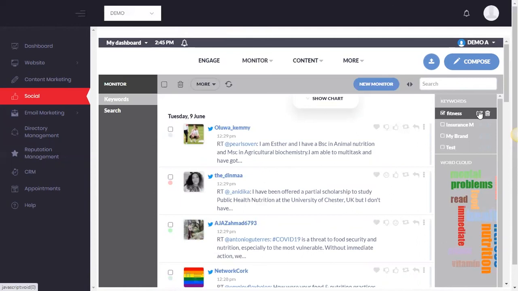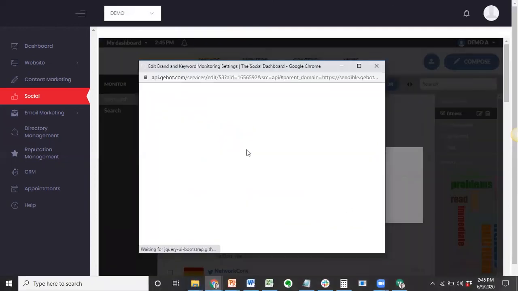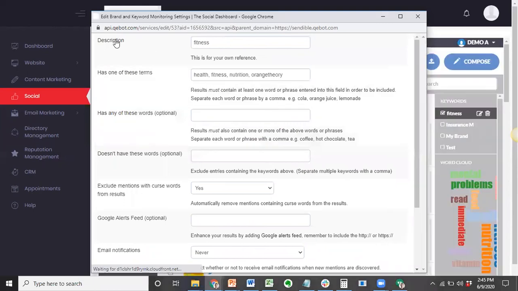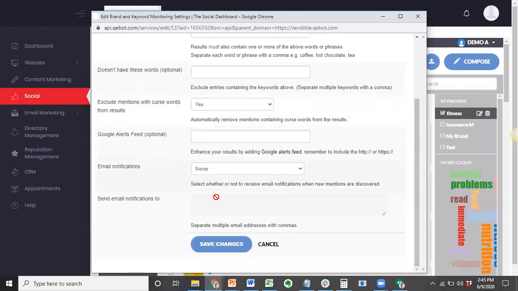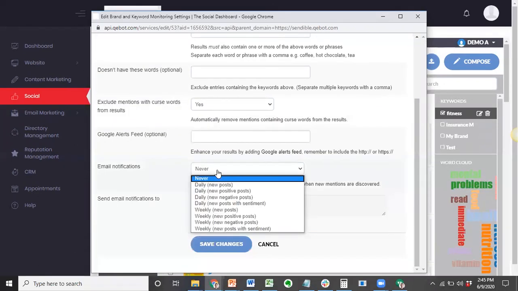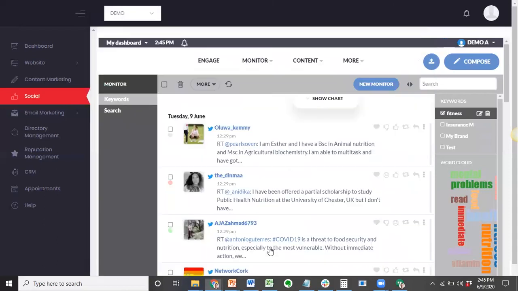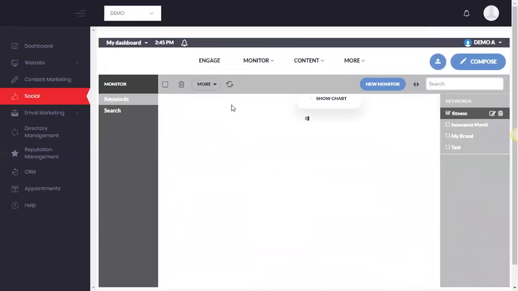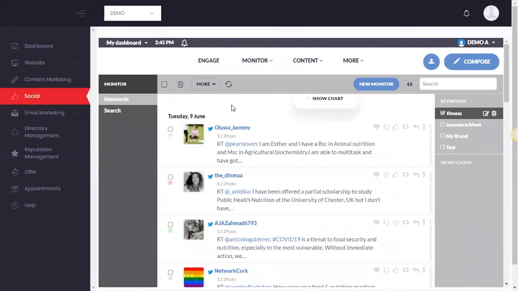I also can set this up to actually alert me. So I can set up an alert based on this topic. I can come in, my description has these specific terms in it. I can create all of this, and then I can set up email notifications. So I can say, okay, I want it to send me a daily new post, new positive post, negative post, weekly, all that great stuff. So it's the ability to really set those notifications we were talking about to make sure you're finding new content that you can post on a regular basis. So it's a great tool to help you find content, share content, create, and just make sure you're getting the information out there that you want.